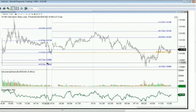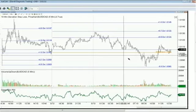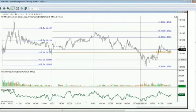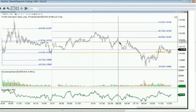But it's a 1 deviation move from top to bottom, okay? So if we go to a half deviation, this time we actually went to about 0.7, but we pulled down to a negative half deviation, that would be considered a 1 deviation move. And so we did have a move on up to half a deviation. It was pushing on up. As it started pushing back down,